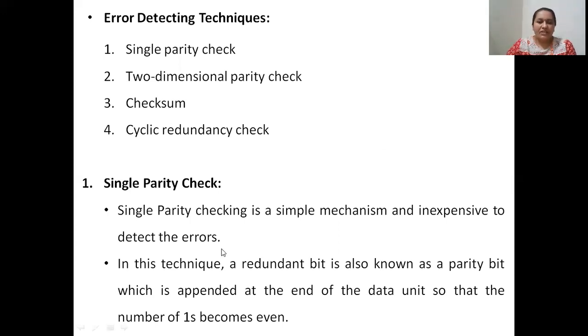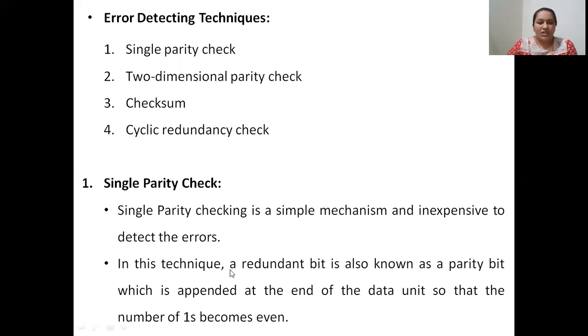In single parity checking, a redundant bit called the parity bit will be appended at the end of the data unit. The parity bit is calculated depending on the number of ones in the data unit. So there are 2 types of parities, even parity and odd parity.